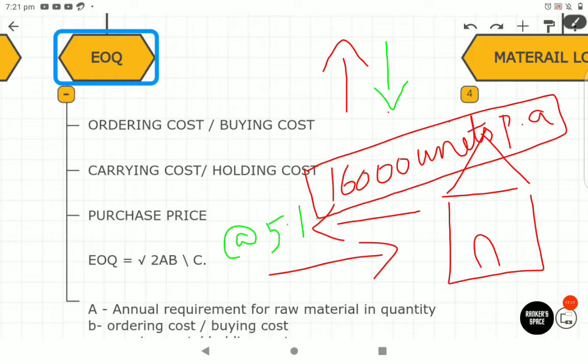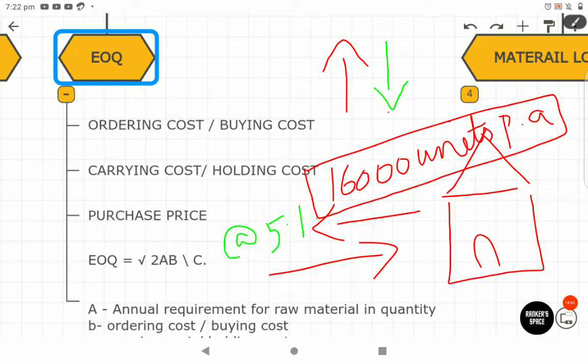Let's take another example. Are you clear about this example? First, we are trying to buy 16,000 units per annum, for a whole year's consumption, and stocking it now itself in the factory. What happens in this case? I told you the apple story, no? 10,000 apples you're buying and keeping in the fridge for a whole year. Your mom is asking, why did you buy 10,000 apples? You're telling her, mummy, I want it for the whole year, so I'm buying and keeping it. And because you're buying 10,000 apples, the shopkeeper is also giving you a 1,000 rupees discount.